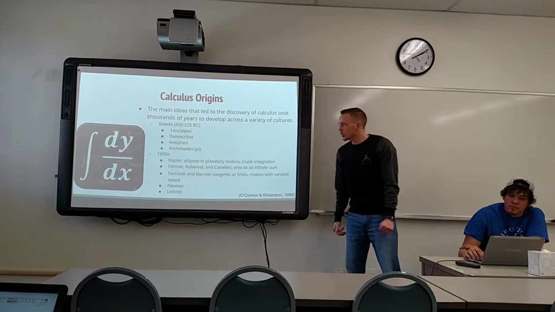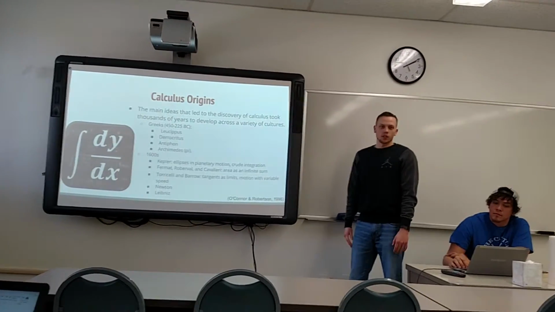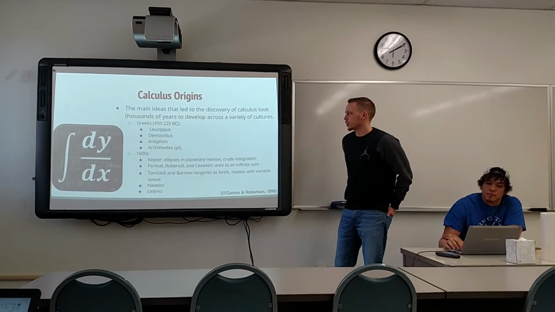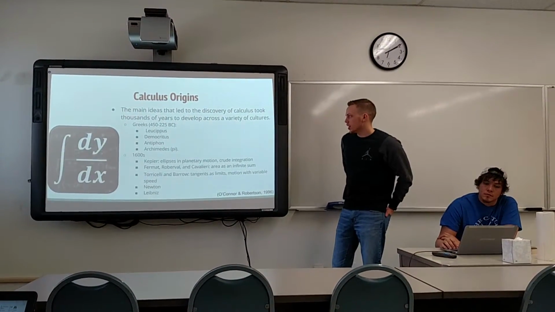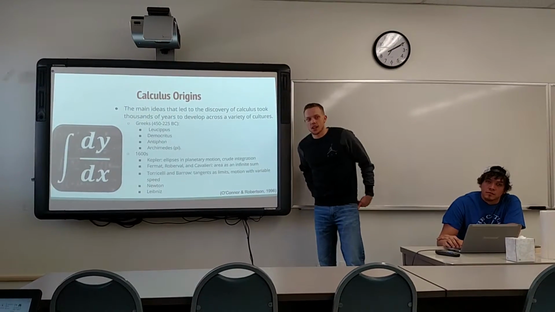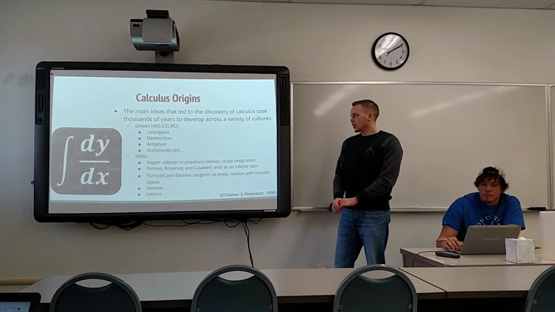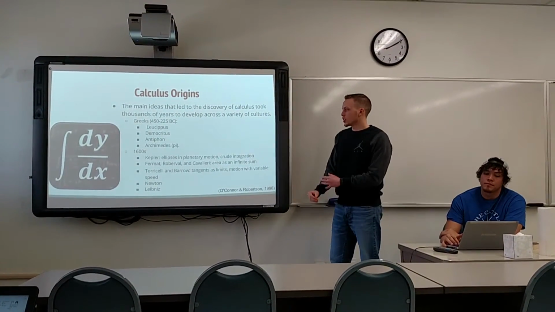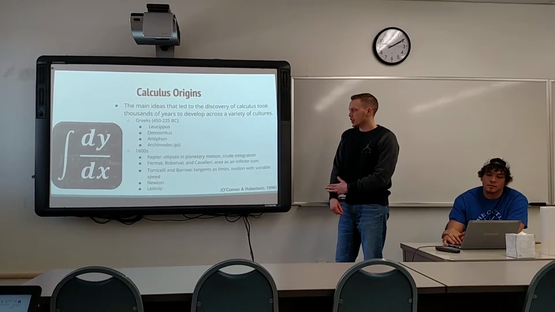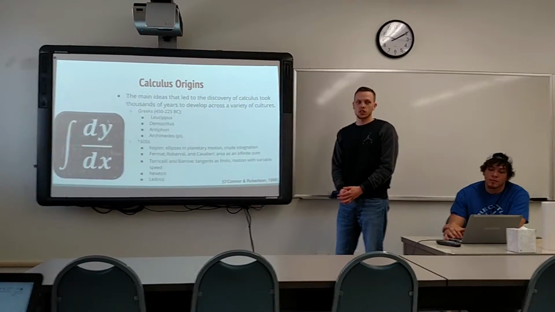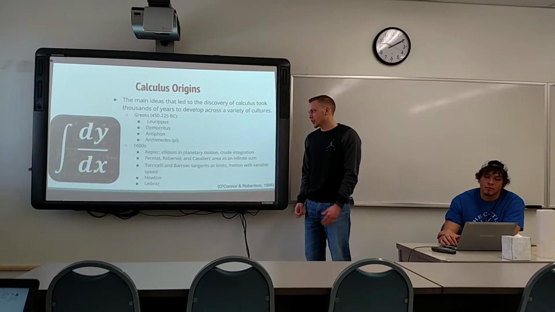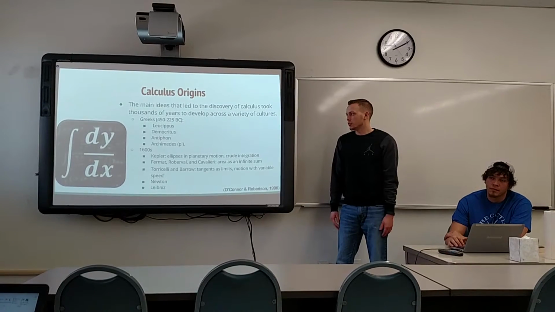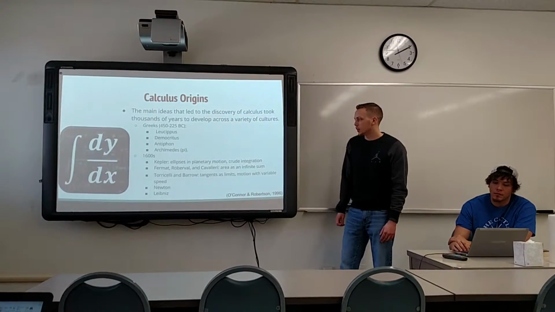Calculus originated really a long time ago when just the roots of it started being formed. It started off with the Greeks, and they did really just basic things. They didn't actually do calculus like we do today, but here's a few names of the mathematicians who worked on those. And Archimedes, as I think was in a previous presentation, did something on finding the value of pi with it, using sort of like a very rudimentary calculus to find pi.